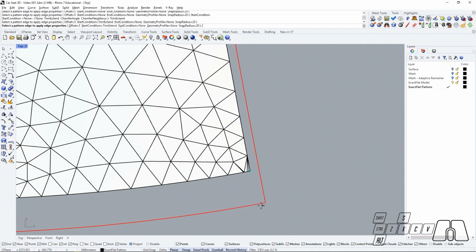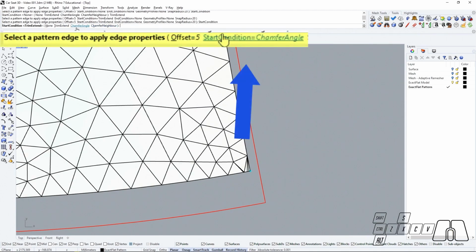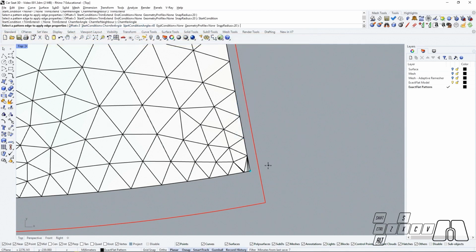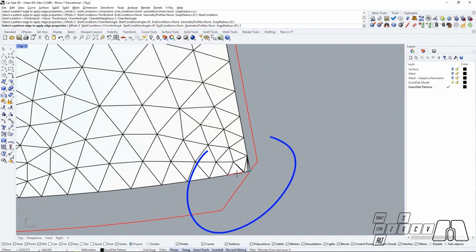If we change our start condition to chamfer angle, then we are going to be able to set up an angle that's going to start at the edge of the starting polygon of the seam line. So right now my start condition angle is set to 45. We're going to leave that for now, and if we select this edge, these two are going to have a 45-degree angle from both edges. But if we change the start condition angle to 60 degrees, then that's going to change the condition angle for